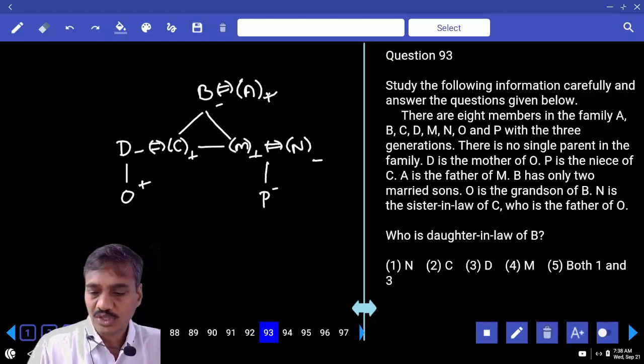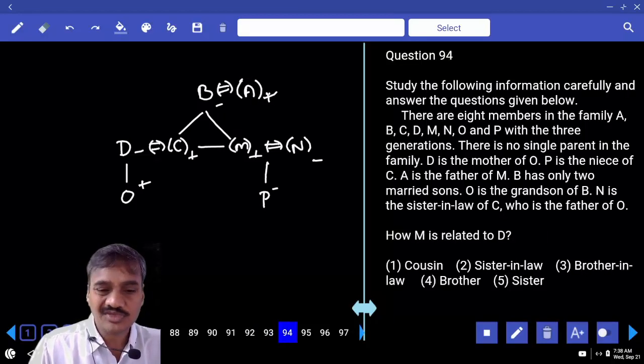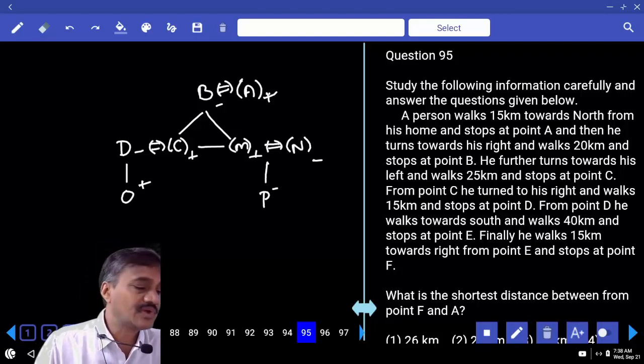92, choice 3. Who is the daughter-in-law of B? Daughter-in-law means son's wife, either D or N. Either D or N, both 1 and 3, choice 5, 93. And 94, how is M related to D? D is the husband's brother. Husband's brother means spouse's brother, brother-in-law, choice 3, 94. Then 95 onwards,